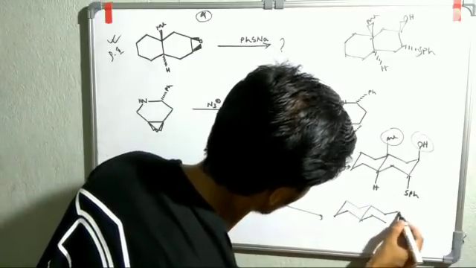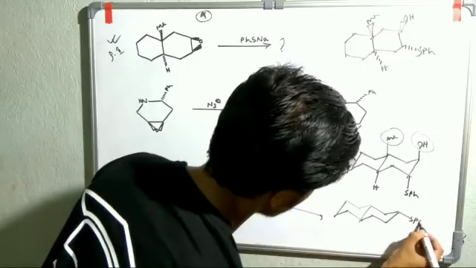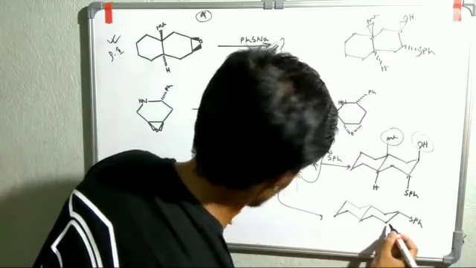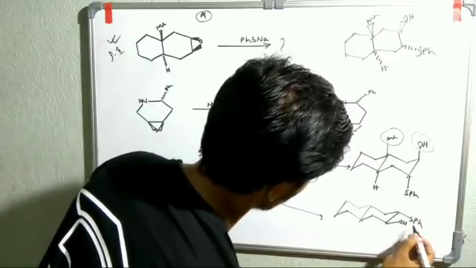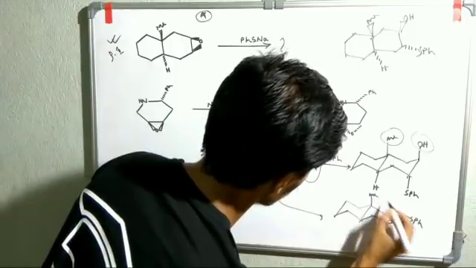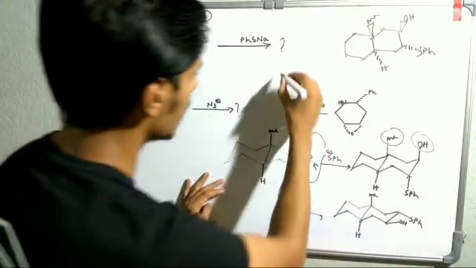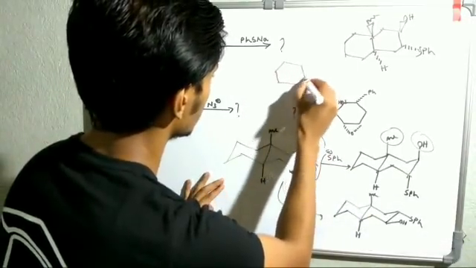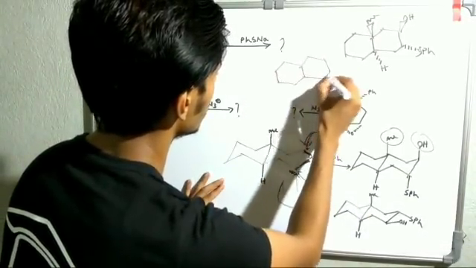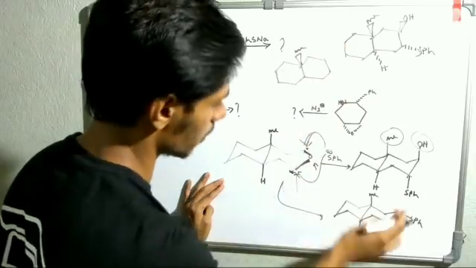So the chair configuration of the product will look like this. SPH will be here and your OH will be here, right? But you should understand that in one state this product is not possible. So basically the product should be obtained here is your methyl group is again above the plane, but in this